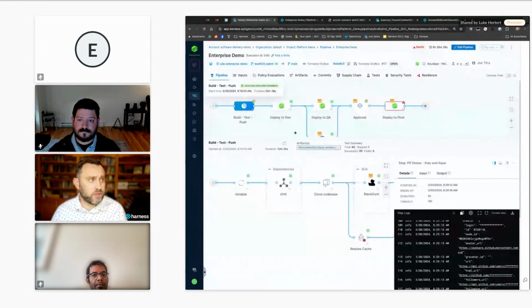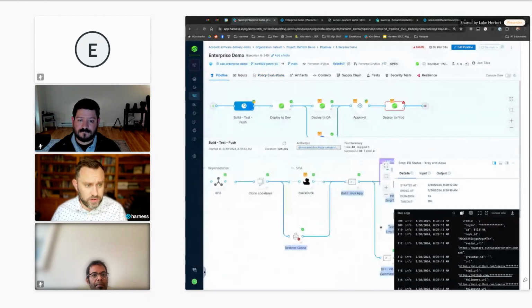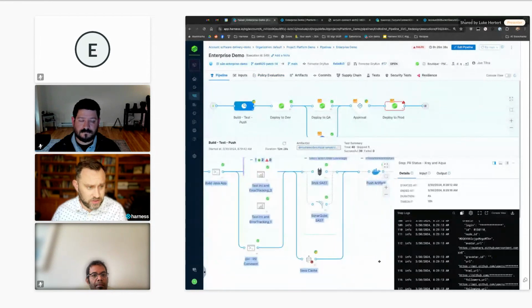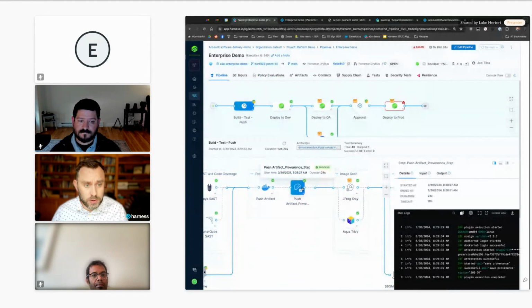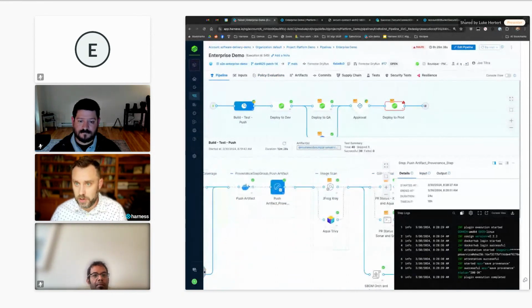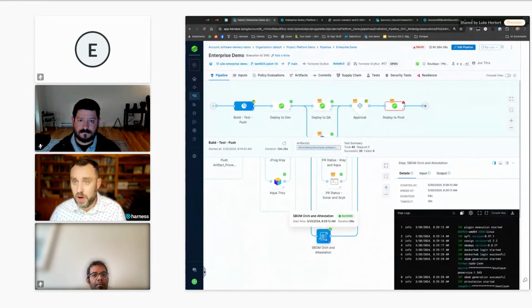Finally, a couple of things around SBOMs, software bill of materials, and attestation, making it very simple to sign and attest an image using whatever private and public cryptography you have, and generating an SBOM of all the open source dependencies.